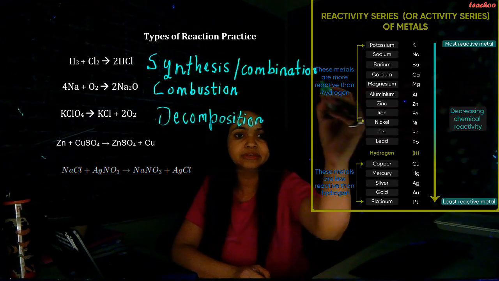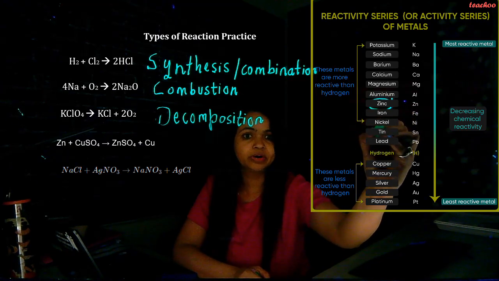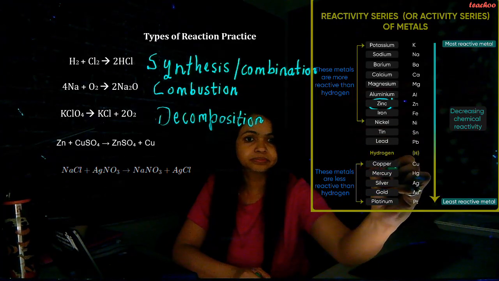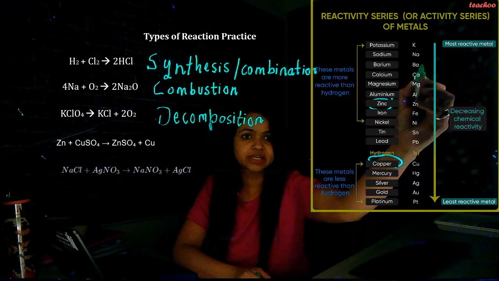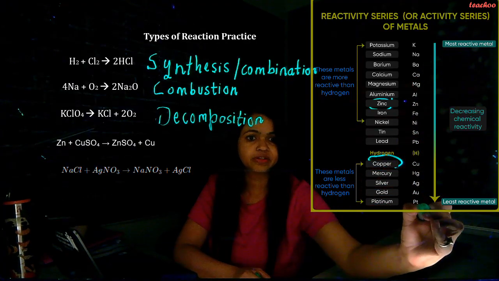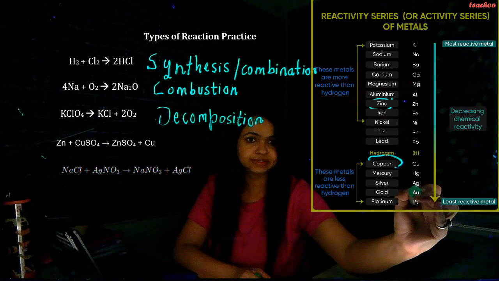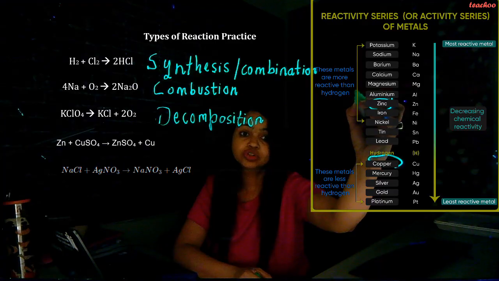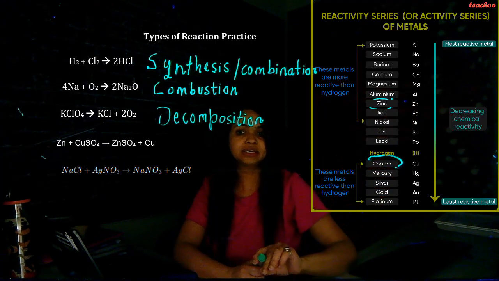So we see that zinc is here. And then we have copper right below here. So we do see that as we go down the series, you look at the direction of the arrow, the reactivity of these elements decreases. So copper is placed below zinc on the series, which means zinc is more reactive than copper. So zinc is going to